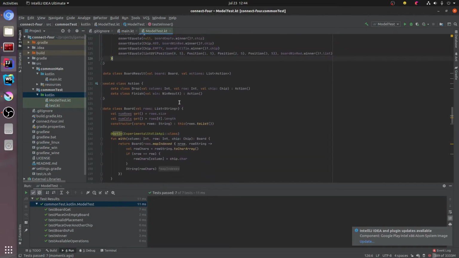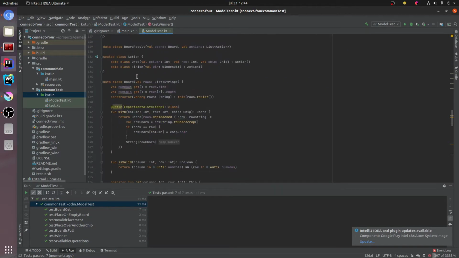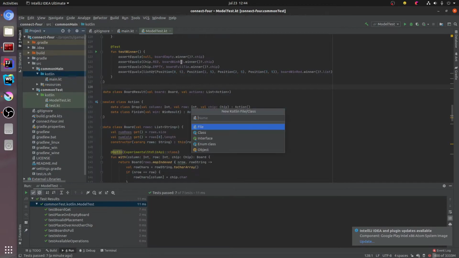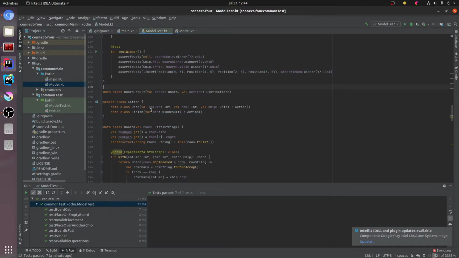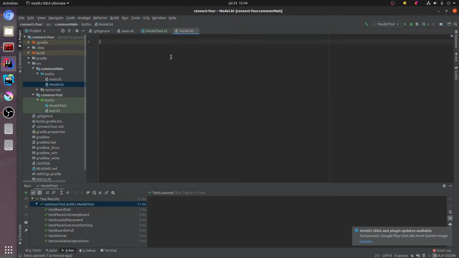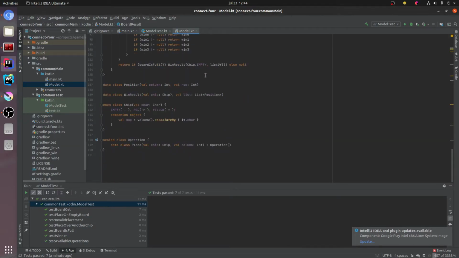Well, I used this same file both for the tests and the model to be faster writing this, but now it's time to move these classes to its own file, model own file, or several files as you want. But well, I'm going to move all the classes here for now,